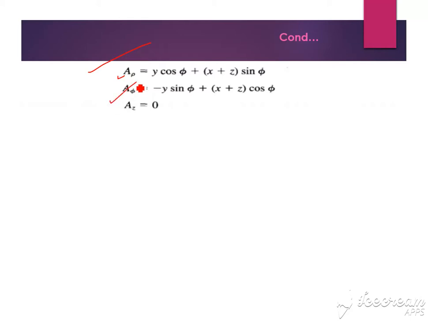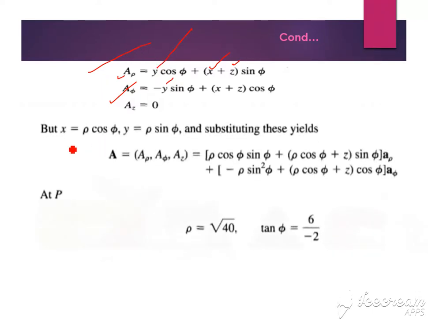Next step, the question is we need to convert Cartesian to cylindrical. Here the Cartesian terms are there, that is x, z, xz and y, all Cartesian. So for that we need to simply replace these terms with cylindrical terms. From the point conversion we have the formula: x is equal to rho cos phi, y is equal to rho sin phi.